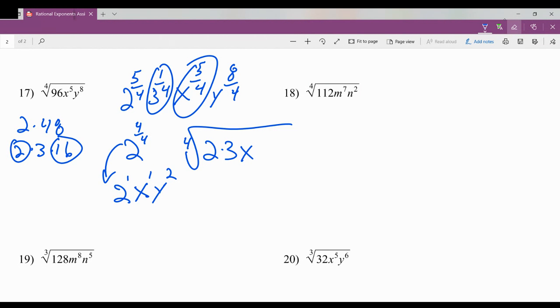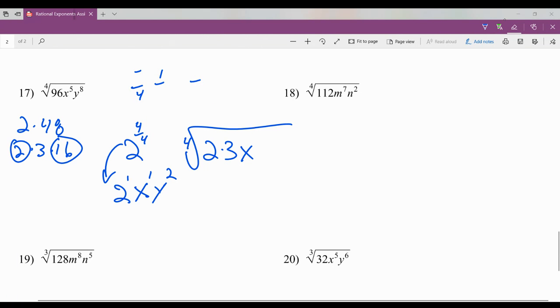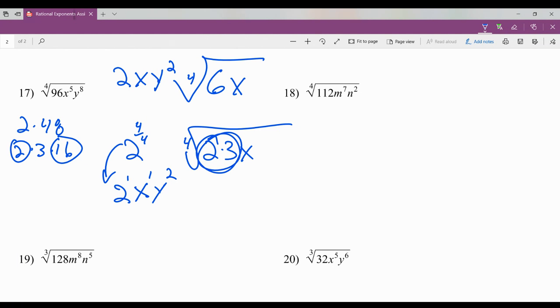I'm going to make some space. Okay, so I'm going to have 2xy squared times the 4th root of, the 2 times 3 is 6x, and that is my answer for number 17. For number 18, we do the same thing,